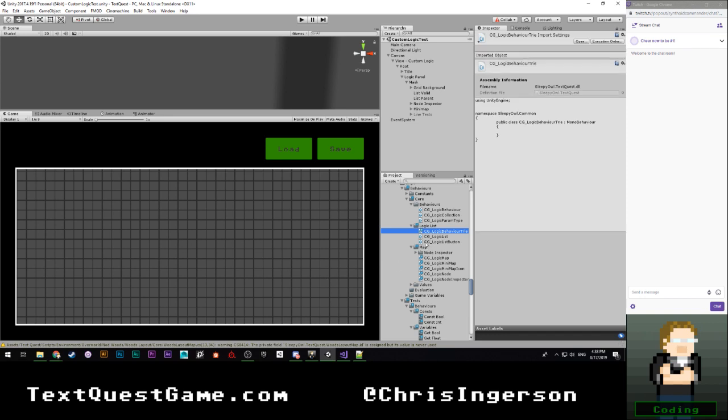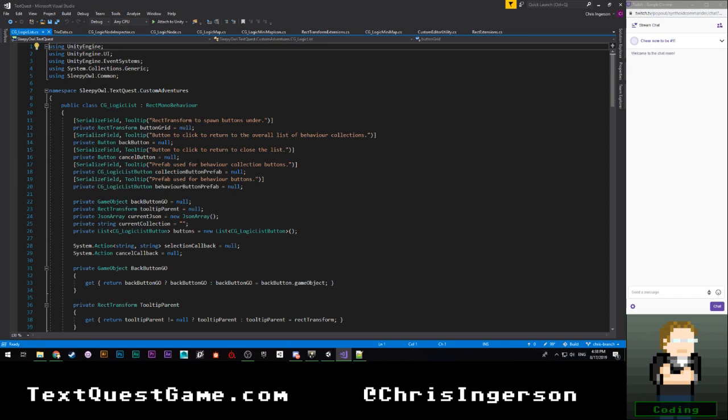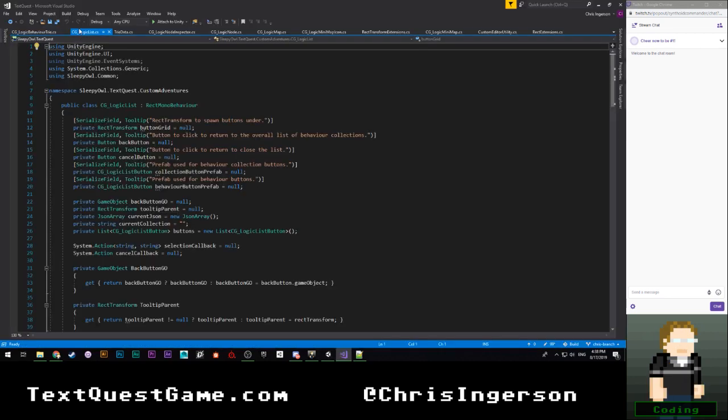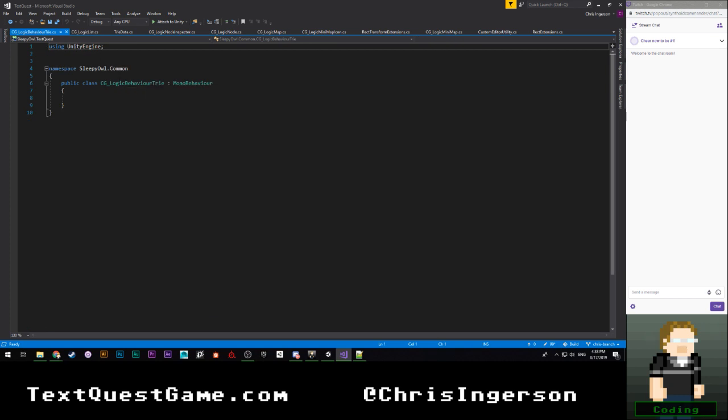If it's ever going to compile and let me actually move, there we go. Okay, he still didn't quite open up what I wanted. Okay, so this is going to be sleepyal.textquest.custom adventures. It's just going to be a standard class. It's not going to be serializable. When you're doing tree classes, you do not want to do